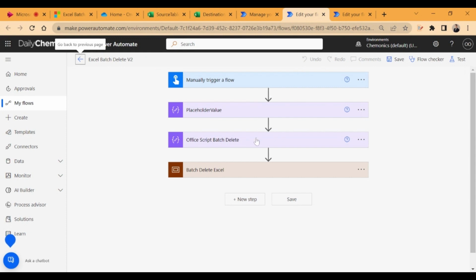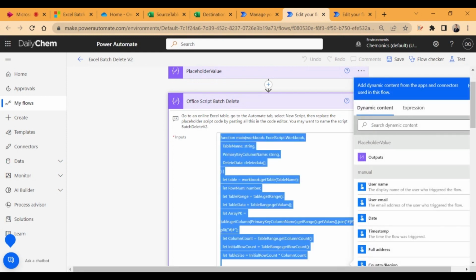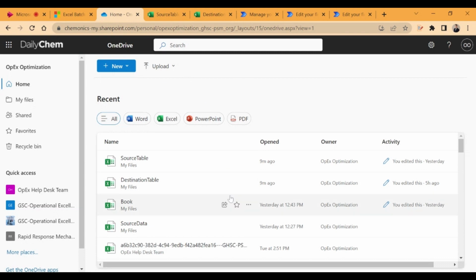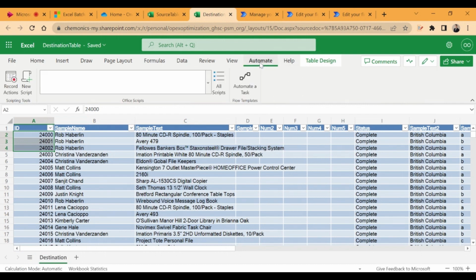And one of the first things I'll do here is just go to this batch delete script, click into the box, click Control A to highlight everything, and then Control C to copy it. And then I can go over to any file in, say, OneDrive. So here I have something called destination table, and I'll just click over on the Automate tab, go to All Scripts,